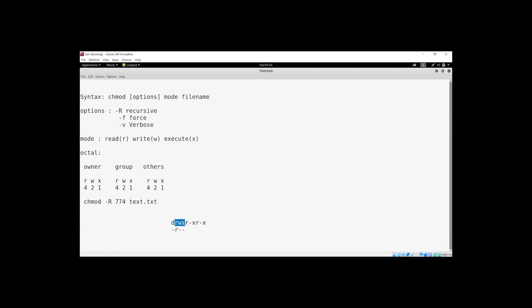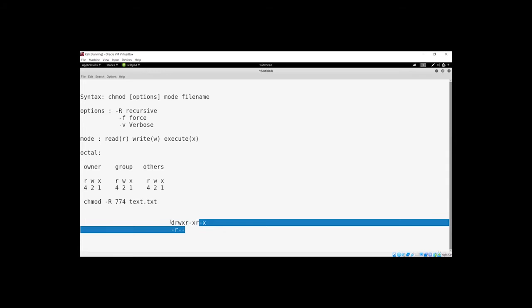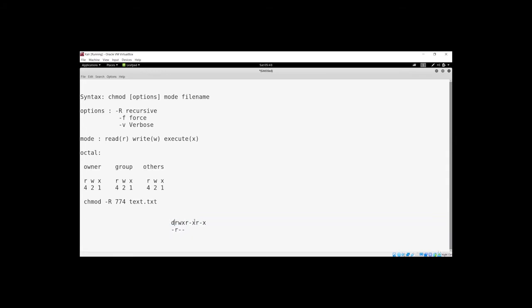After these three, the next three are for the file group. The file group can read and execute but cannot write. The next three are for others, other than the owner and the file group, who can also only read and execute, not write.